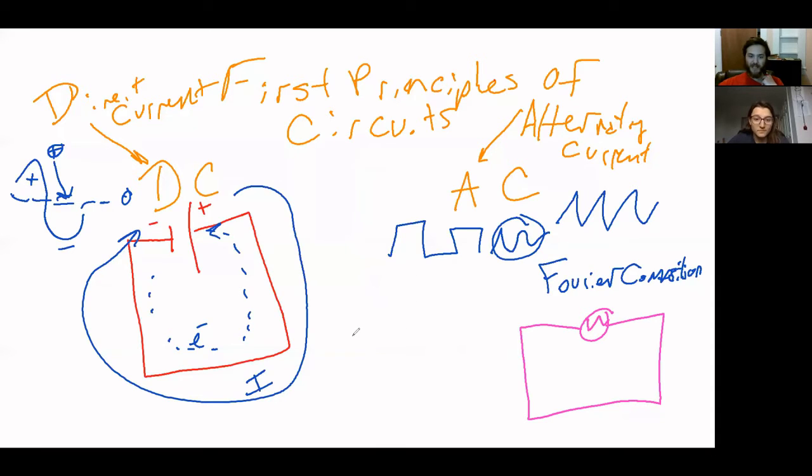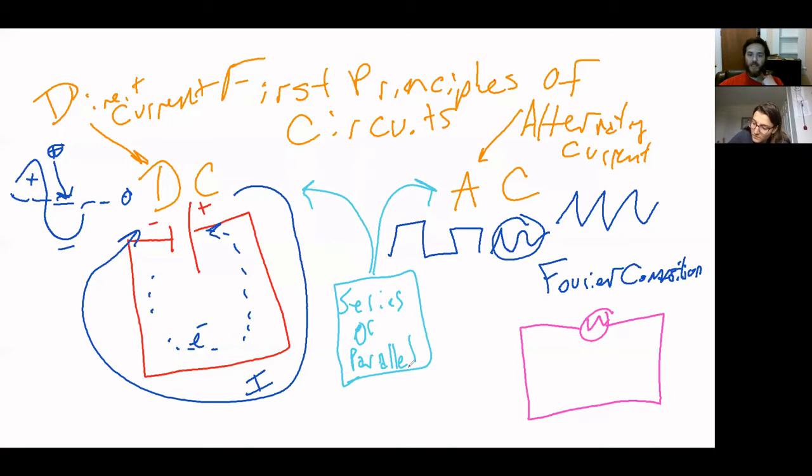But so then the second classification is series or parallel, though this is technically a sub-classification because we use series and parallel to do different things. I can use a series or parallel circuit to get the thing I want. And this is what electrical engineers and electricians spend years of their lives learning how to do, is how to use series or parallel, the sub-classification here, to do what they want with their given power source. Right? So I can have either one be a series or a parallel. Those are our four classificatory